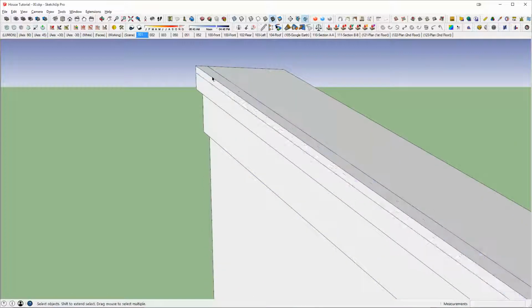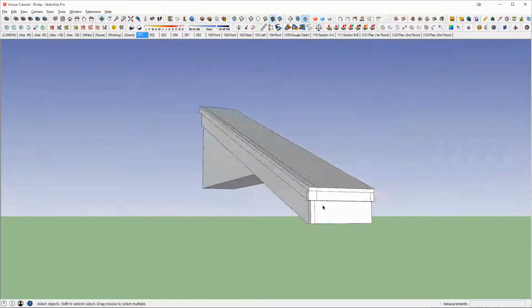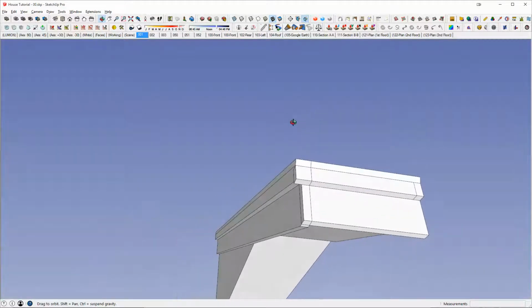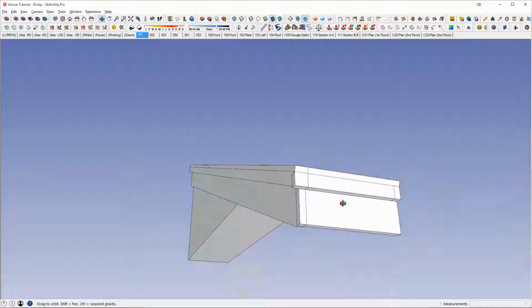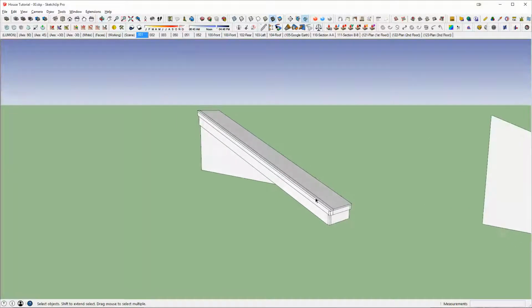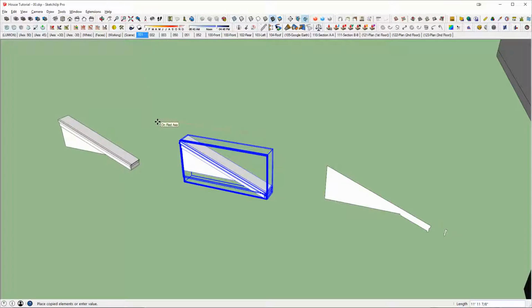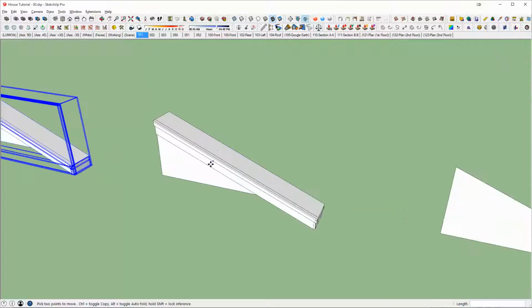And push-pull that over and turn that to a group. So really, now you can see we have some nice three-dimensionality to our gable end. And what I'm really going to do, it's just always nice to keep the iterations of pieces just in case we need to go back and re-edit. So I'm going to copy that one over,